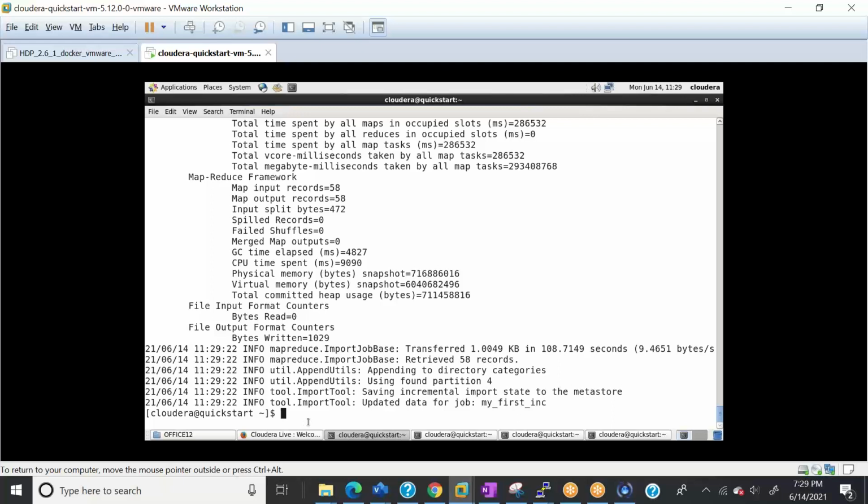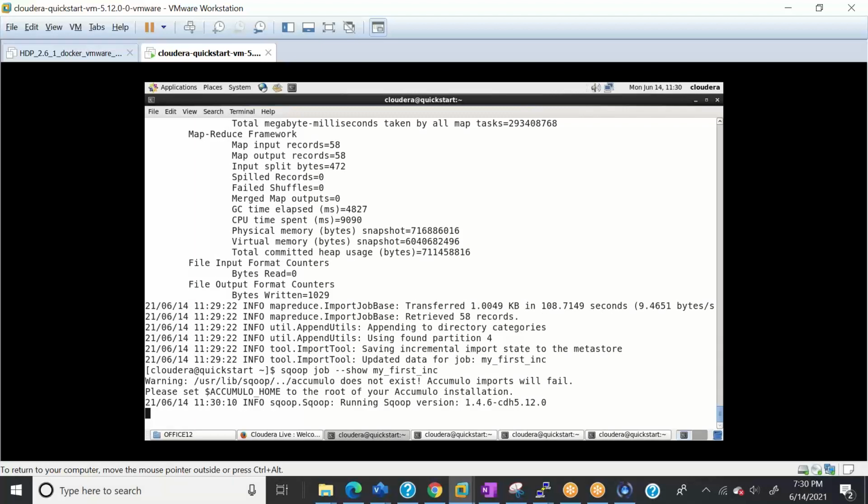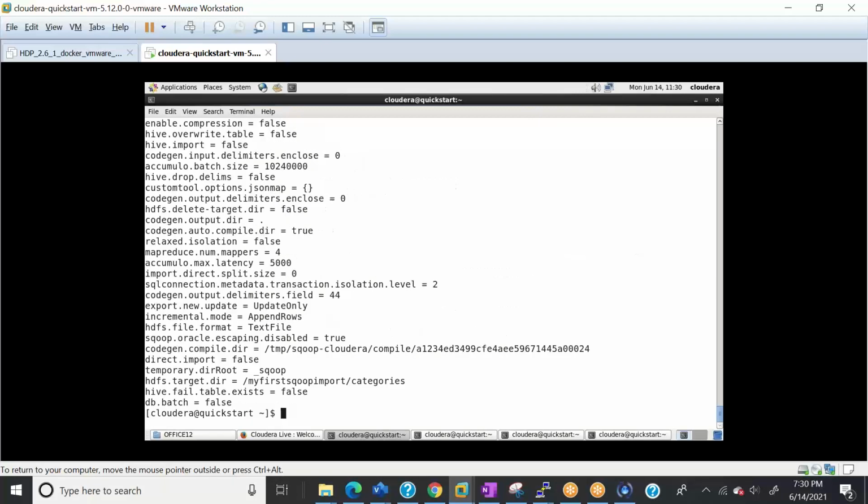So if I want to see what data is updated, I'll say sqoop job --show and then the job name, my first INC. It will ask me for the password again. Yeah, it asked. I'm putting my password here now. And now see the most important thing.